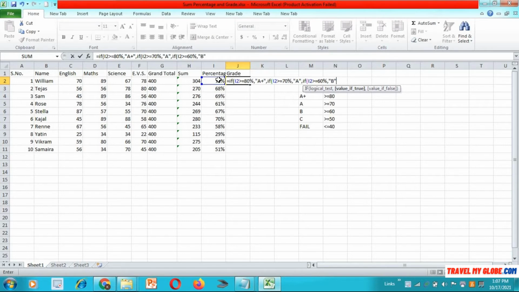What happens if this is not the case? Then apply the next if condition. See, whenever we use the next if condition, the color of the brackets always changes. Okay, so if this is greater than or equal to 50%, which grade would you like to give? Grade C. Okay, if this is not the case, the next and the very last situation is if